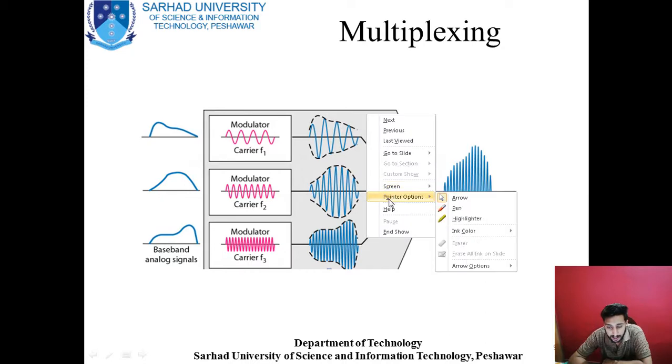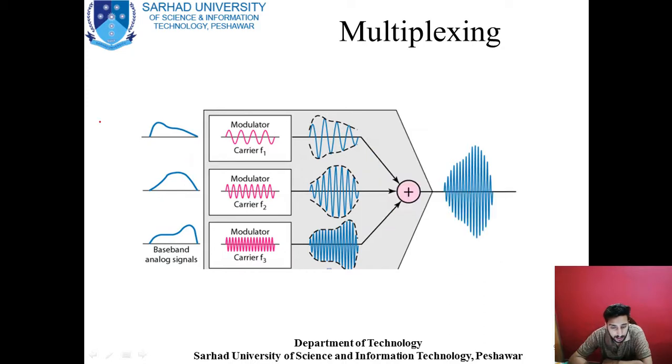Now let us look at an example of FDM. In the diagram, you can see that there are three users: user 1, user 2, and user 3, and each wants to transmit different data to their respective receivers. Now, what is the purpose or property of this multiplexer? This multiplexer modulates, meaning it changes the value. What is modulation? Modulation is the mixing of a low frequency signal into a high frequency signal. And what is the benefit of doing this?